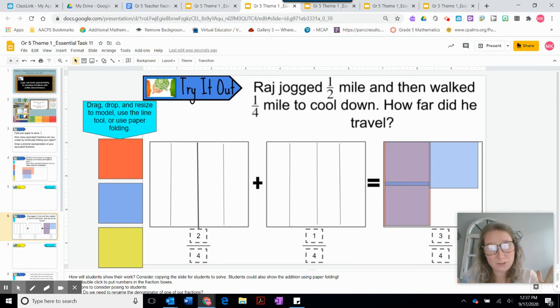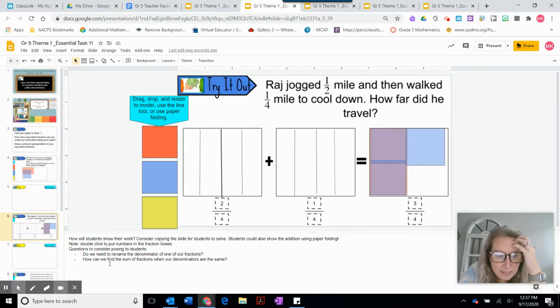So it's a little bit more user-friendly, which is why I think I would start with that before jumping to manipulating it here. Up to you, up to your students, whatever works. Just kind of thinking about how they can rename, how they can find those equivalent fractions. Keep in mind, I have some questions here because while we're making these equivalent fractions, while we're building them, we're talking about,